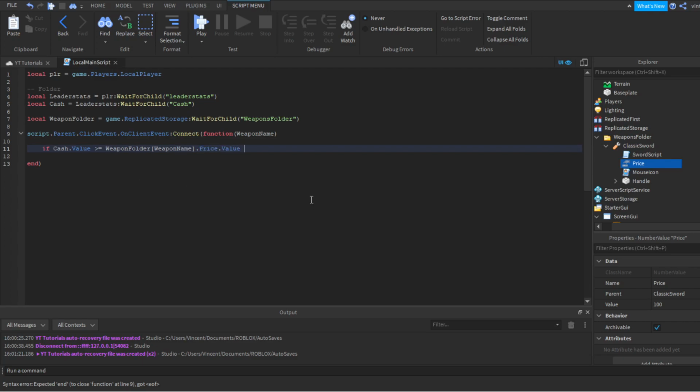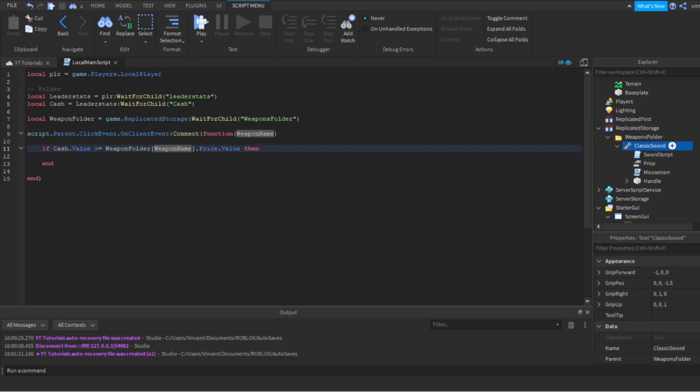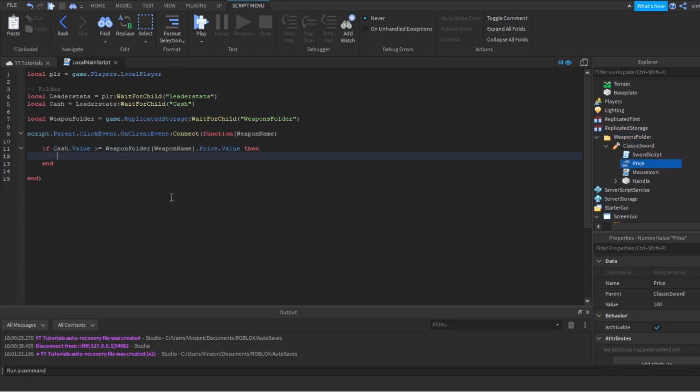So what we're doing is if your cash is greater or equals to the weapons folder in the ReplicatedStorage, the weapon name that we're going to find, so classic sword.Price.Value, then we need to